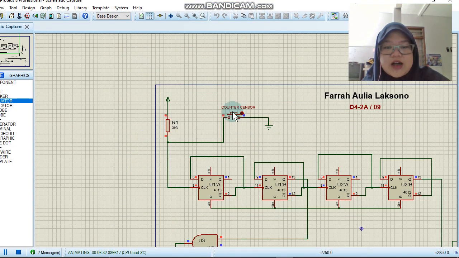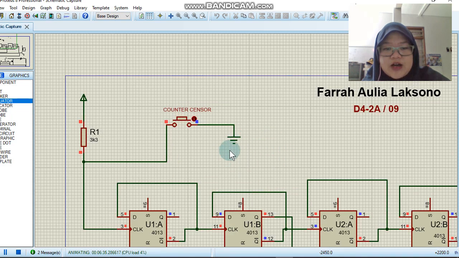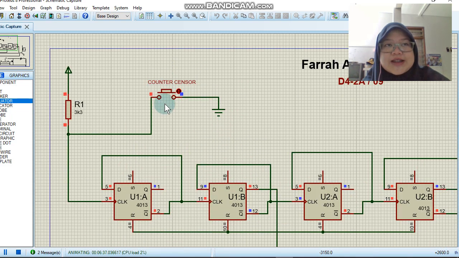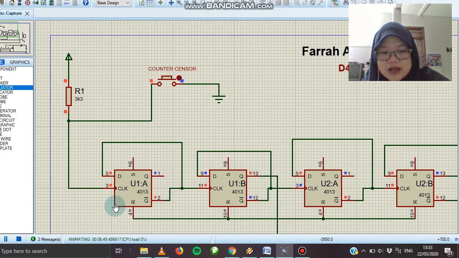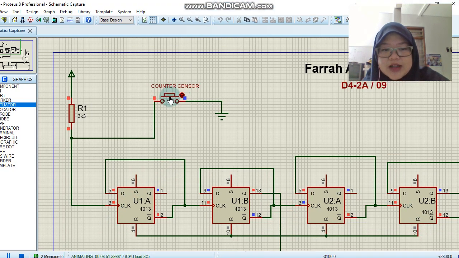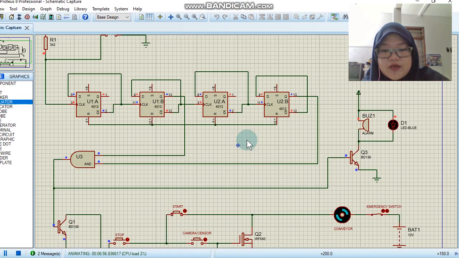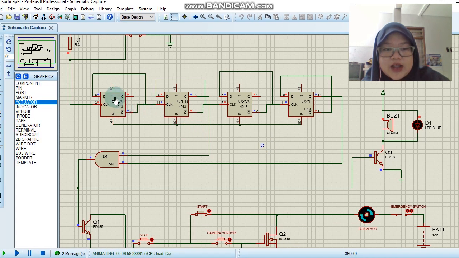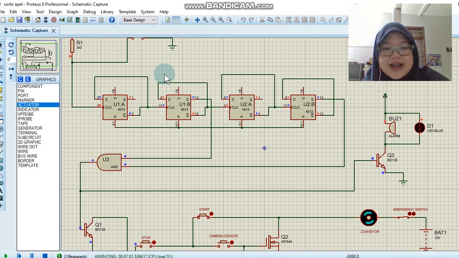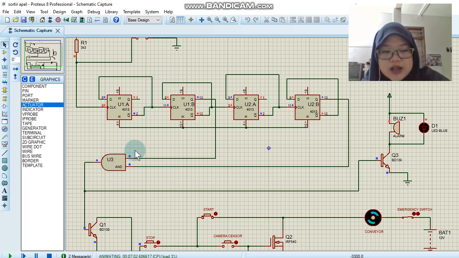and then the counter sensor, so it will count. The sensor will detect rotten apples, and when the sensor detects a rotten apple, the D flip-flop will start the count. When the sensor counts until 10 rotten fruits, the output from